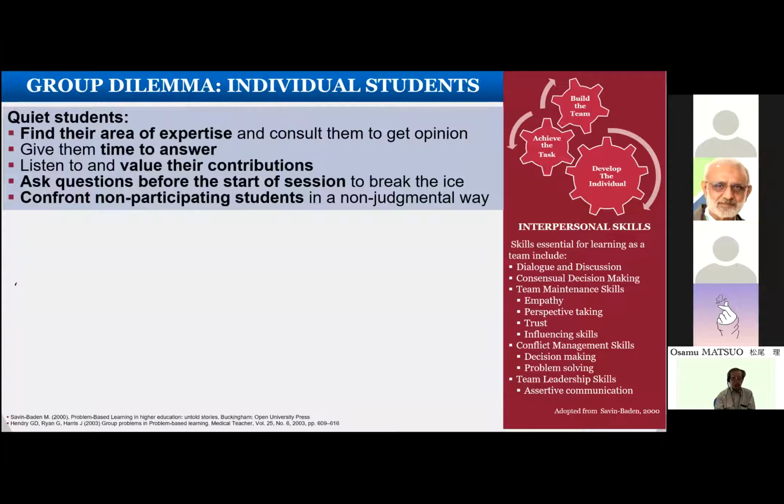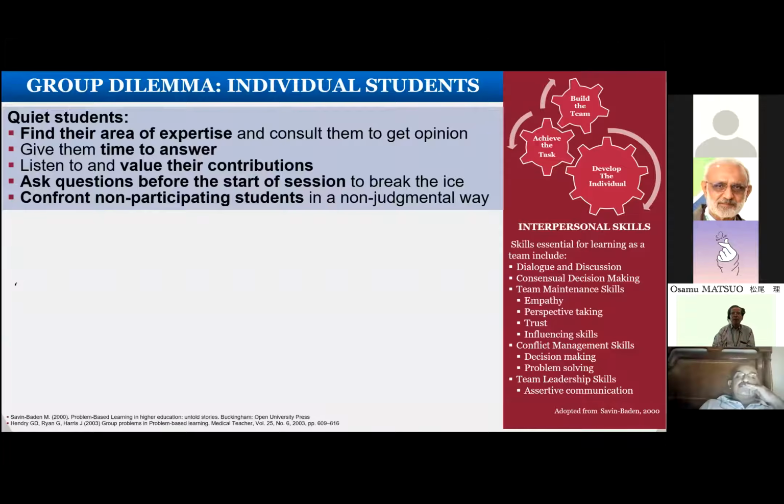Individual students, the quiet students, find their areas of expertise and consult them to give that opinion. Give them time to answer, listen to and value their contribution. This is the students doing for the students. Previously, what we talked about was the facilitator doing for the students. So for the quiet students, the other students will find their area of expertise and consult them to get opinion,